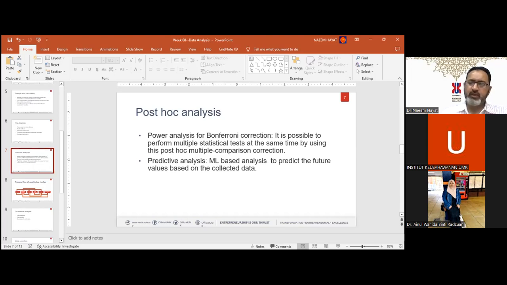Normally we do it in G*Power. In G*Power, the a priori analysis is for the sample size calculation, while in a post hoc analysis, we justify the power that we have already achieved. So in this power analysis, we actually give the